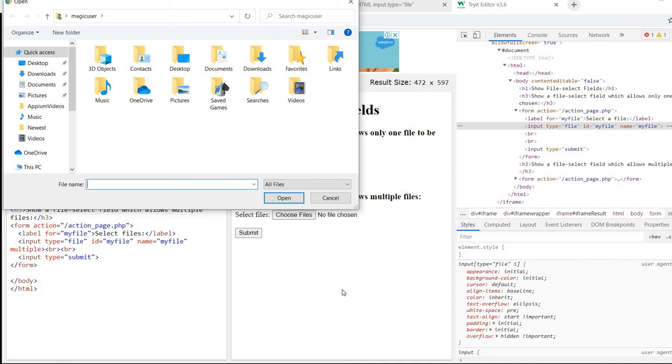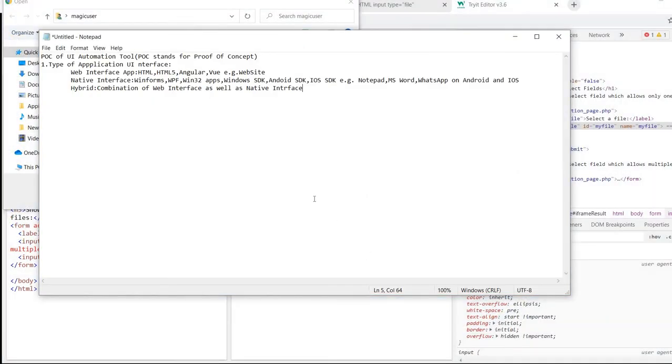So we need to know what kind of interaction the end-to-end flows of our application involve, across whatever modules we interact with. If they are only web interface, only native interface, or a combination, then hybrid.